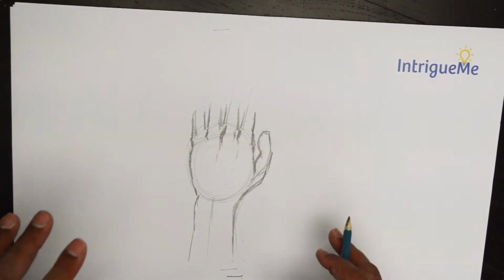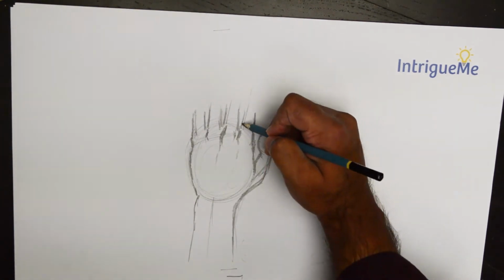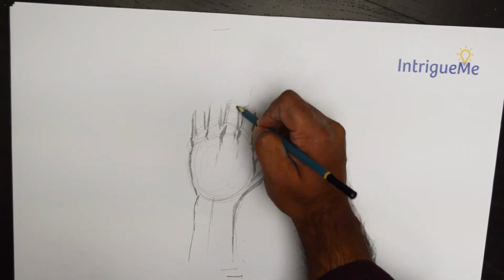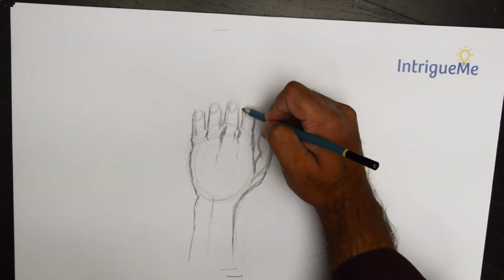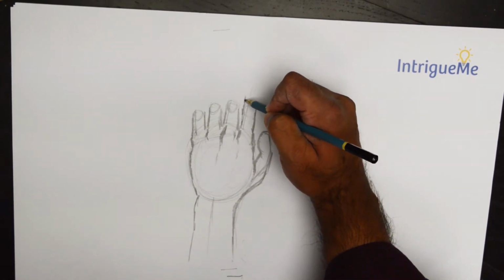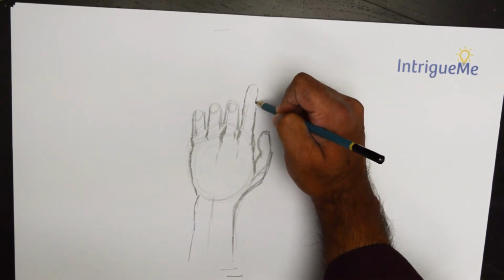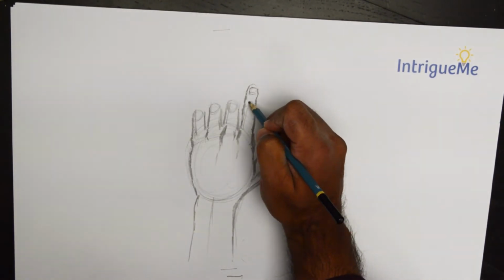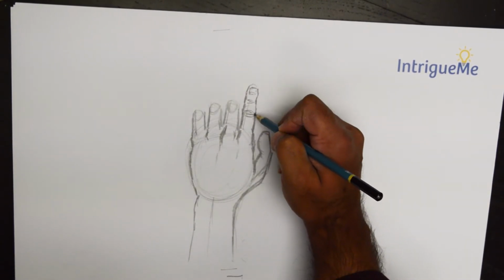And from here on, it all depends on you what you want to show. We're going to go something like this. So there's a slight bend in there. So let's use these circles like that. What they will help you do is position some pencil around them, just to give it a little more character. So right there is our first digit. We'll put in some quick skin folds right there,